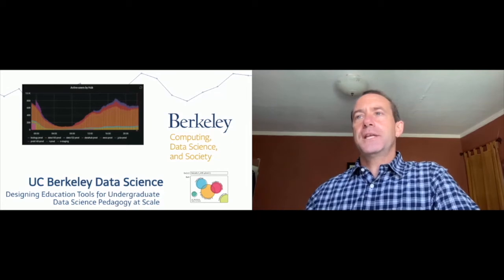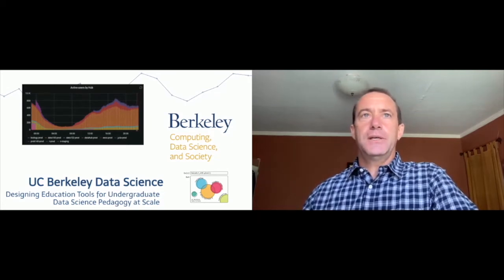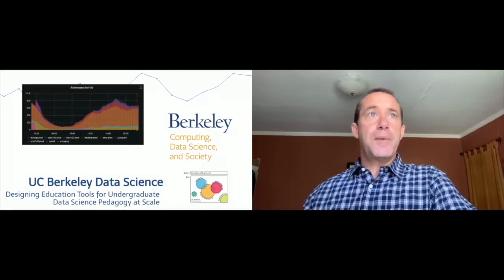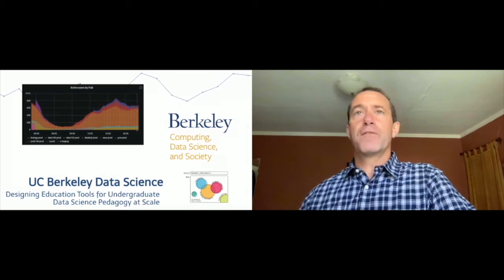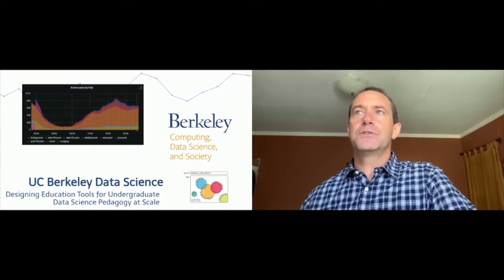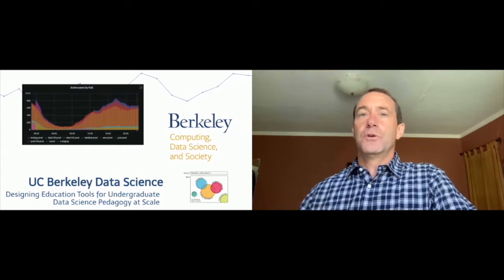The other thing that's important to think about is the way these classes are being taught at UC Berkeley. Data 8 is 1,200 to 1,300 students per semester. So there are aspects of the infrastructure that are important for thinking about how you get something to be that big and work robustly at that scale. That's something we've been learning over the last 5 years: how those tools work and what those tools need.